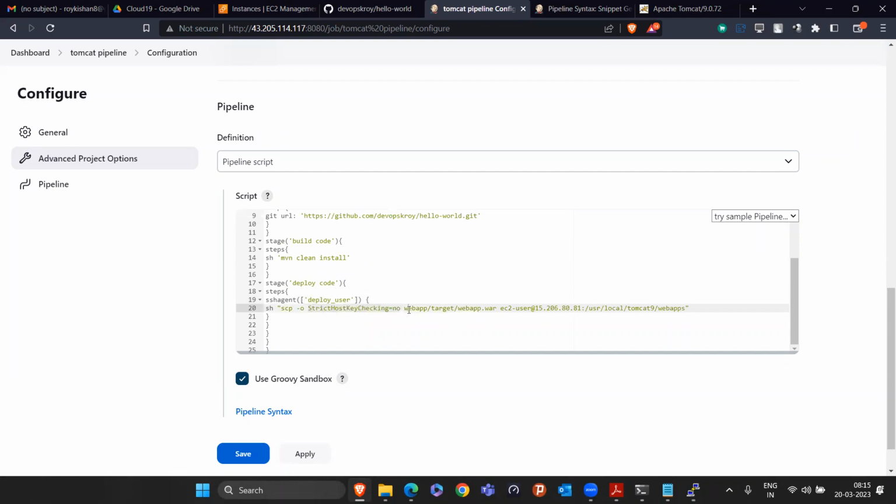What file do you have to copy? Maven will create a file in this particular directory, /webapp/target/webapp.war. I already showed you the screenshot of this. When you practice two to three times, you will get to know that Maven always creates the war file or jar file inside the target folder. Once this war file is created, you have to copy it